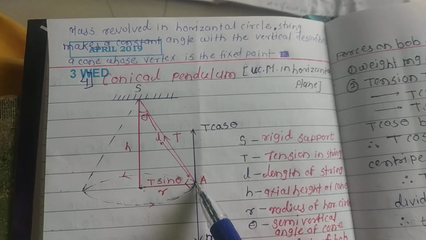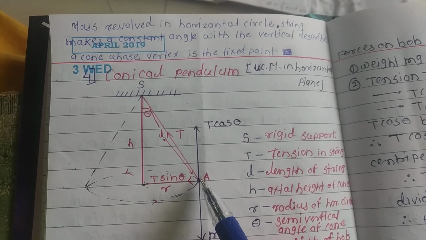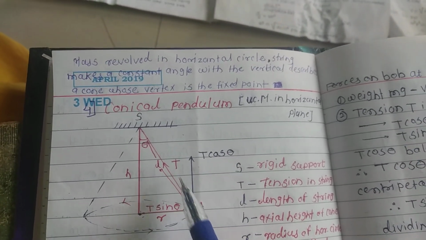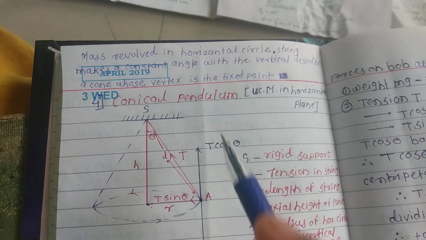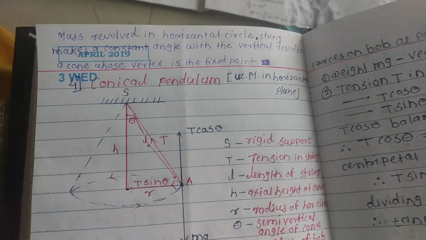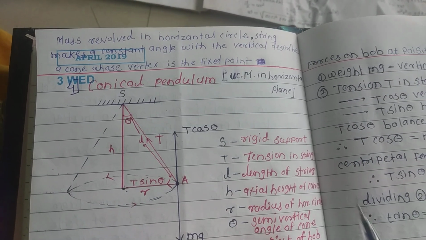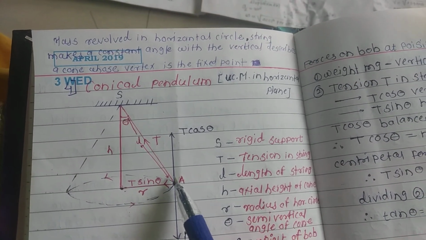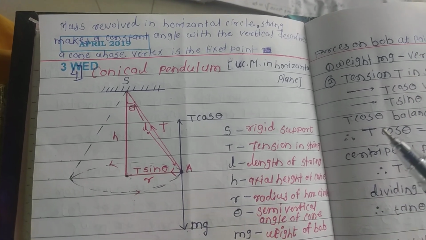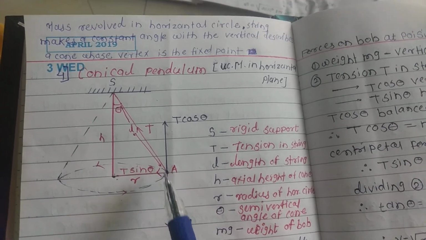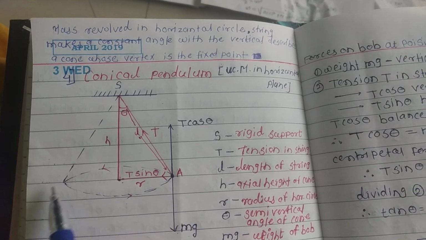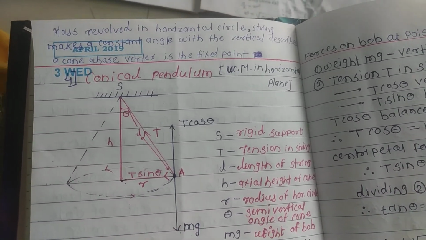Here one sphere is present. That sphere is tied to one end of a string, and the other end of the string is tied to a rigid support. That string is lightweight, slightly extensible from the rigid support. This means the length of the string can increase slightly. The sphere present here is going to wheel around a horizontal circle with a constant speed.